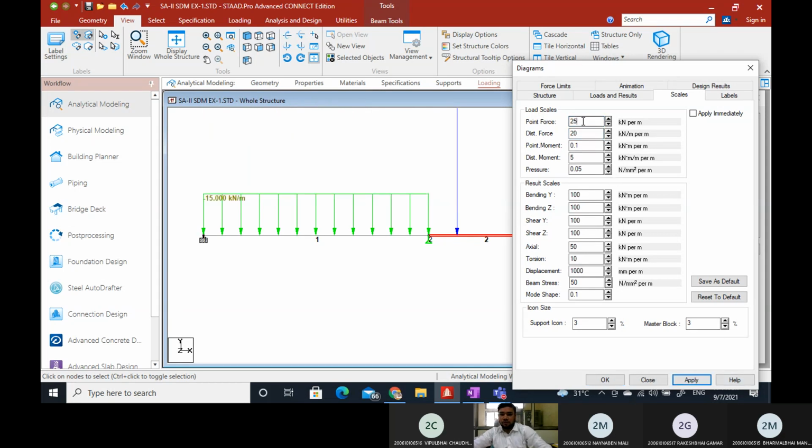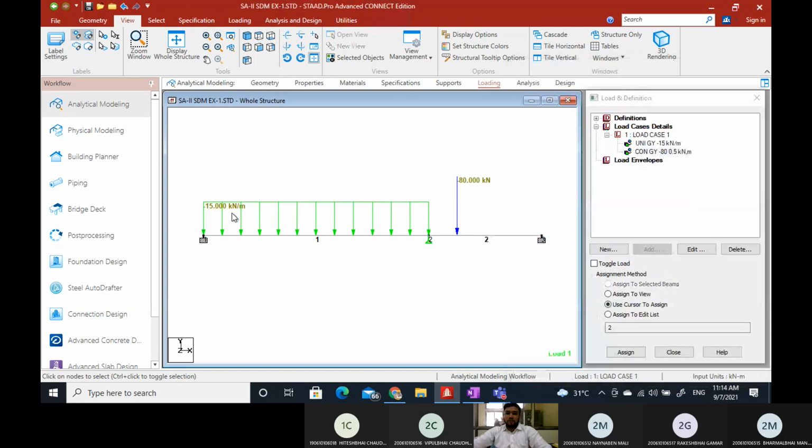Still the point force is too big, so let us make it 50. Now it is visible. Now you can see there is a UDL of 15 kilonewton per meter and a point load of 80 kilonewton applied on this member.